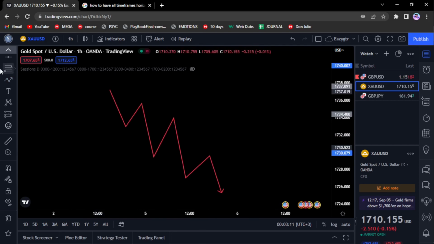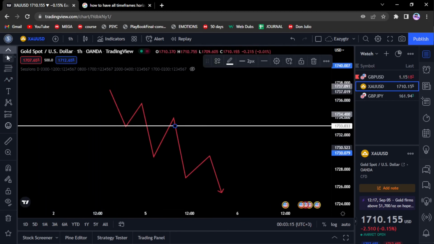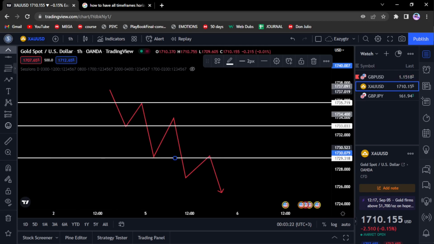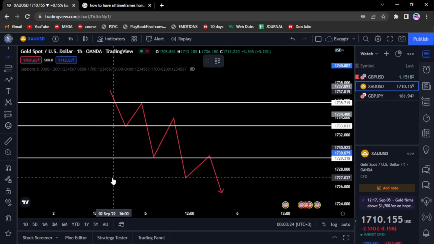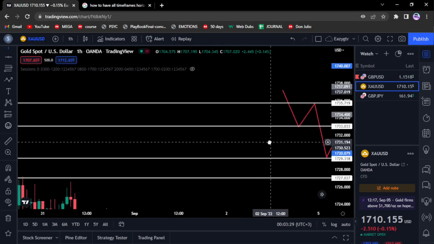Okay, so in this situation, you want to have your support, resistance, support, resistance. Okay, so when you come to the market at around this part,